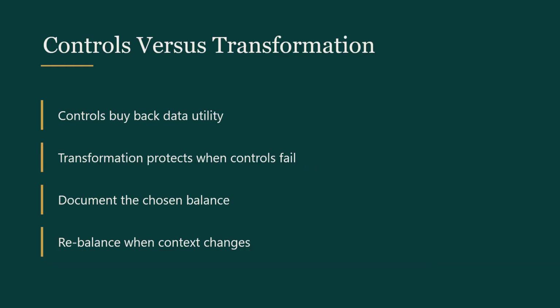Everything in this module converges on one design decision, the balance between controls and transformation, and the professional obligation is to strike it explicitly. The logic runs like this. Transformation protects unconditionally. Generalized data stays generalized even if every contract fails and every server is breached. Controls protect conditionally. They lower the attempt probability while they hold and only while they hold. So the balance point depends on how much you trust the conditions and on what the data must still accomplish.